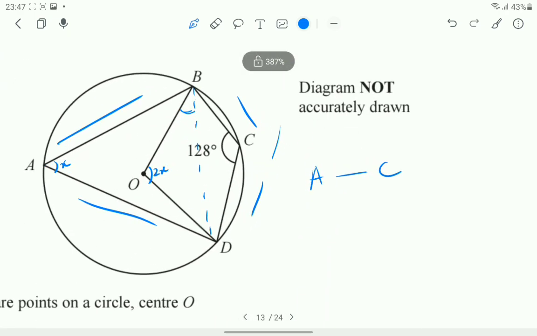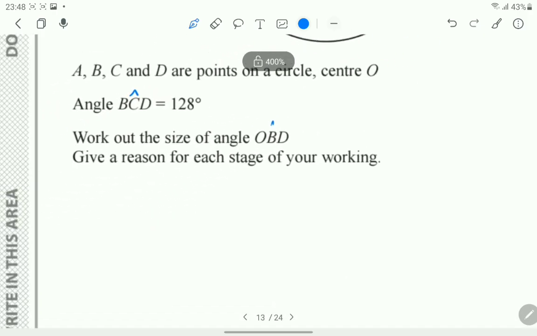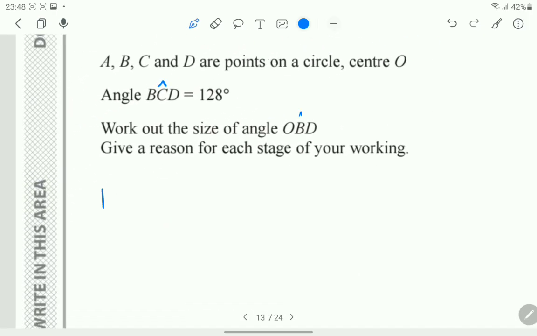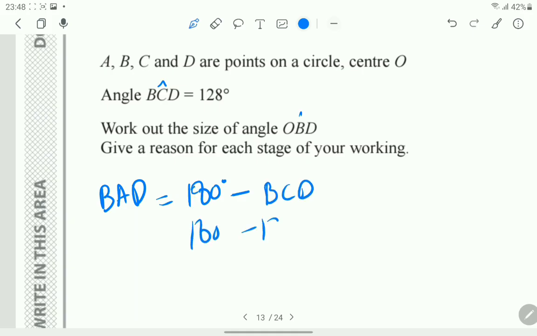So B and D would also have a sum equal to 180 degrees, and A and C would also have a sum equal to 180 degrees. So angle BAD would be equal to 180 degrees minus BCD. 180 degrees minus 128 would be,